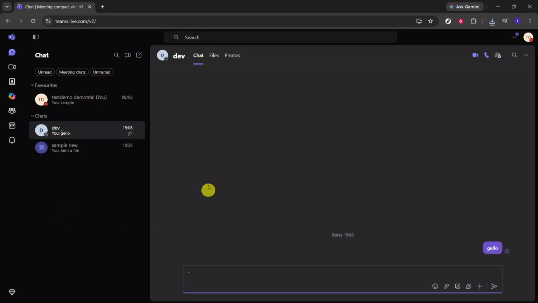Hello, today we will guide you through how to find and recover deleted messages in Microsoft Teams. If you've accidentally deleted a message in Teams and want to restore it, the good news is that this process is very quick, as long as the option is still available. In this walkthrough, we'll show you exactly where to look and what to click so you can recover the message